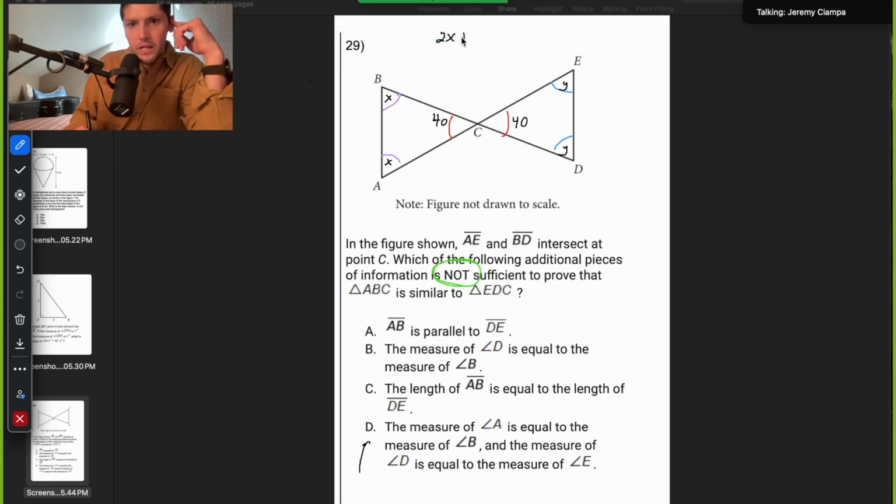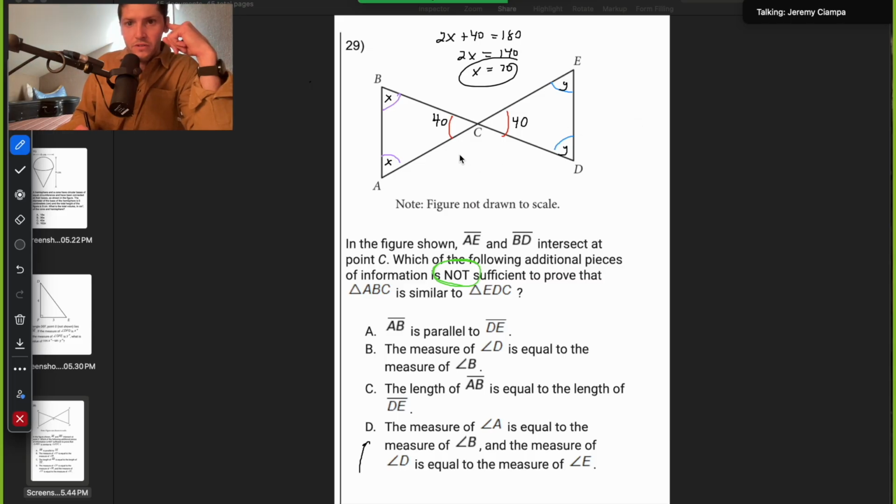2x plus 40 equals 180. 2x therefore equals 140 by subtraction, and then dividing by 2, x is 70. Okay, well, it may have already occurred to you what I'm about to do. If I know x is 70, now let's go over and talk